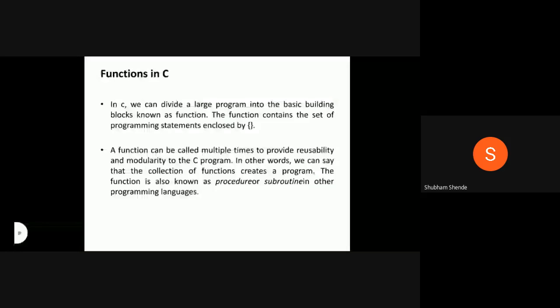Someone was giving the answer. Function main is? Sir, main is an inbuilt function. Inbuilt function है. Okay, library function है. And other answers? What will happen if I don't